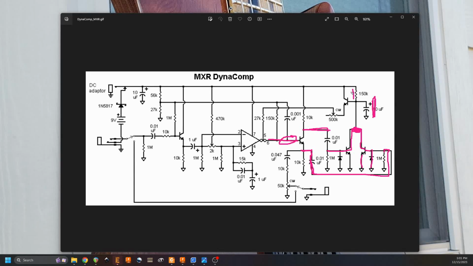Okay, because it's going to govern how quickly this cap can charge after it has discharged. Okay, so by the time we get to here, we've got ourselves a DC voltage that relates to our envelope,